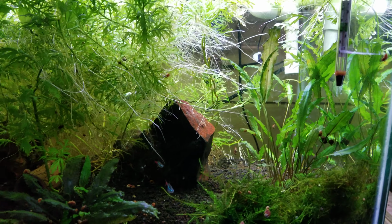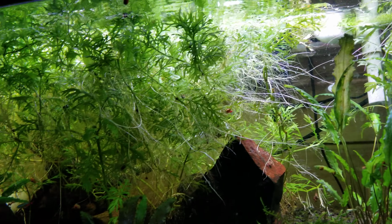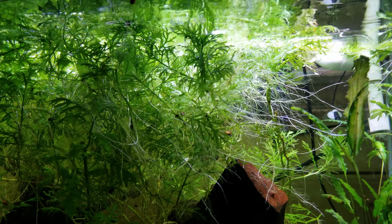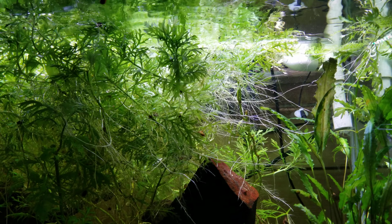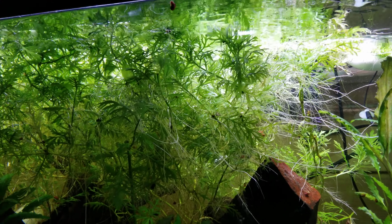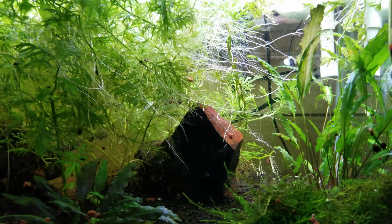I just sold a big clump of my water wisteria to a local guy, and he seems to be enjoying it so far. A lot of this is kind of overgrown. It was growing from the back, so it kind of grew up and then it grew out. So I've had to do a lot of trimming on it, which I'm not good at. I'm lazy. So anyways, I got to pull all this wisteria out, trim it all down, get it back to nice stalks and stems, and then replant it in the back there,